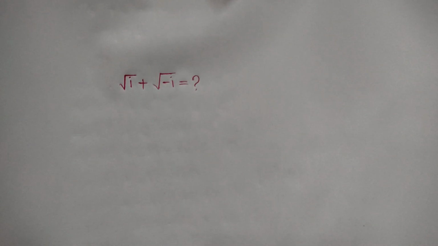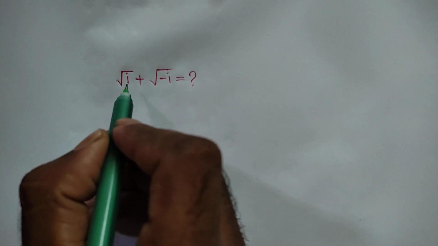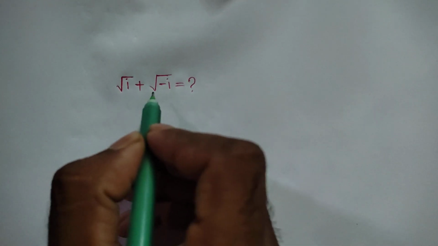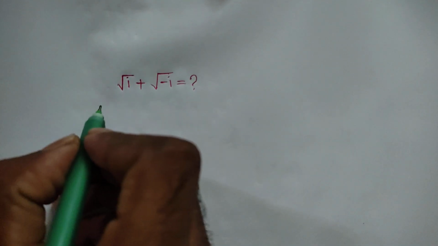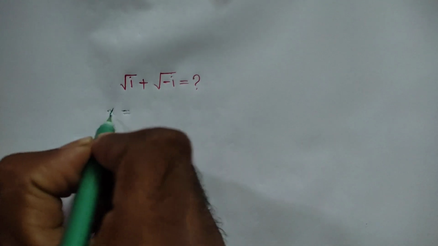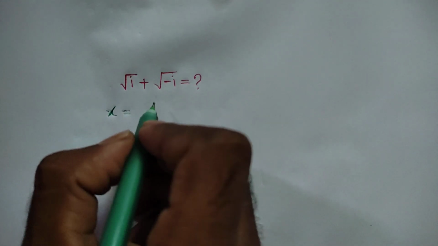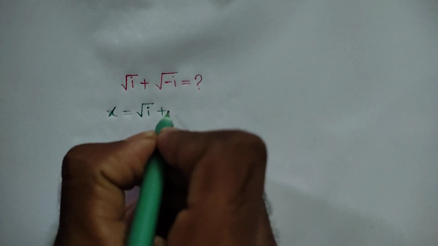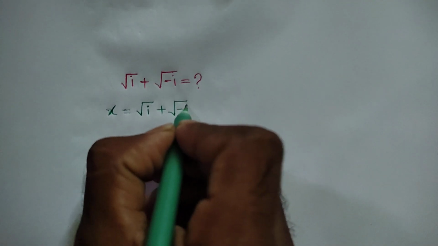Hi everyone, in this video I am going to show how to find the value of square root of i plus square root of negative i is equal to what? Where i is an imaginary number. Let's consider x is equal to square root of i plus square root of negative i,